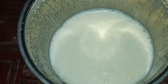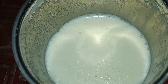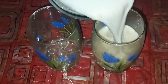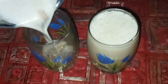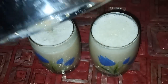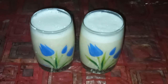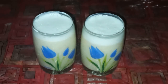Now the carrot rice flakes milk smoothie is ready and can be poured into the glasses. Pour in the carrot rice flakes smoothie into a glass. The final carrot rice flakes milk smoothie or carrot rice flakes